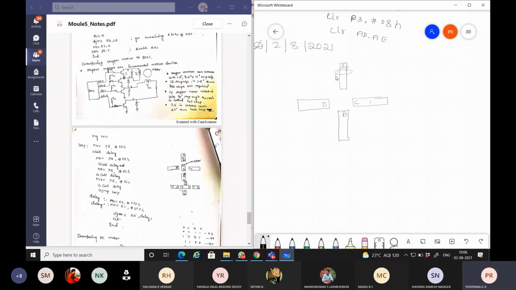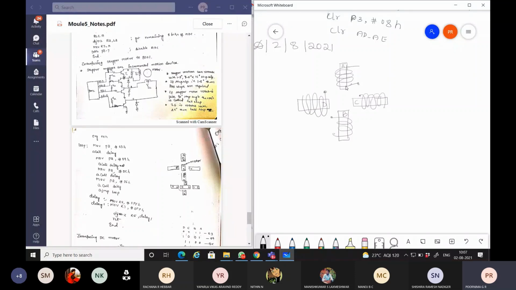These magnets will be wound with windings, and this will be like this. Similarly, here also there will be winding. Based on the voltage that is applied to these windings, the magnet will acquire a north pole or a south pole.